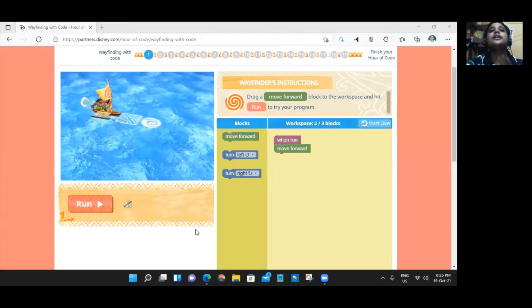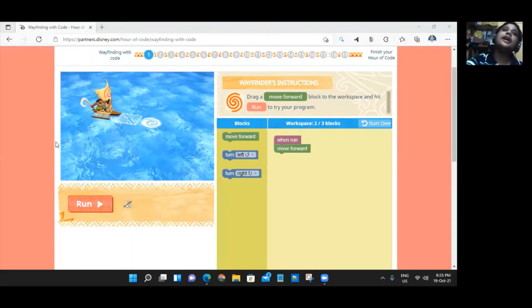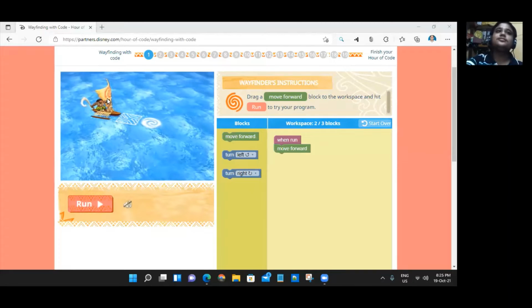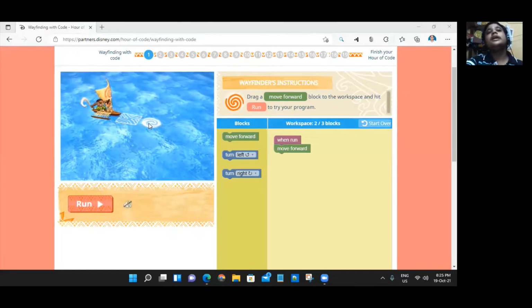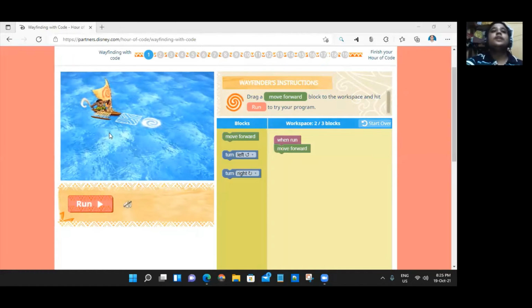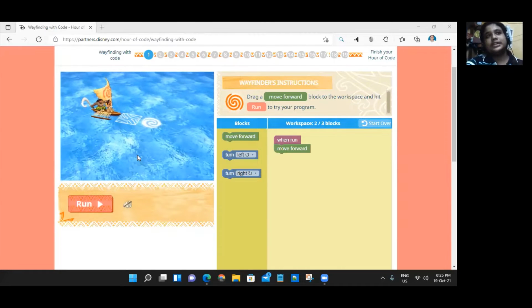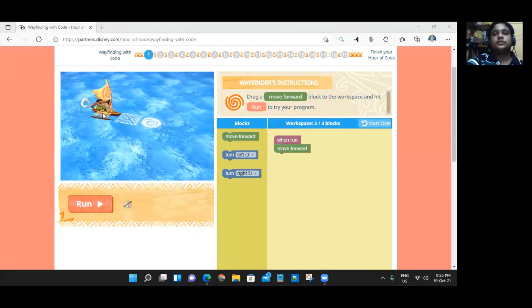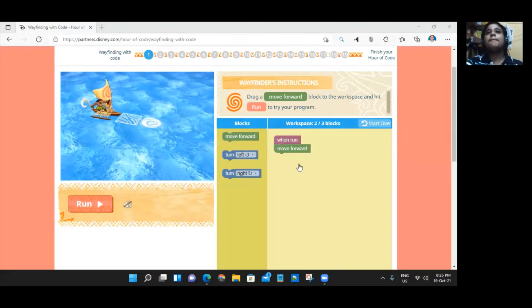You see, this is a Scratch page, and these things: this river, and this is the boat, and this round block is your destination. This river is called the stage, and this boat is called a sprite.